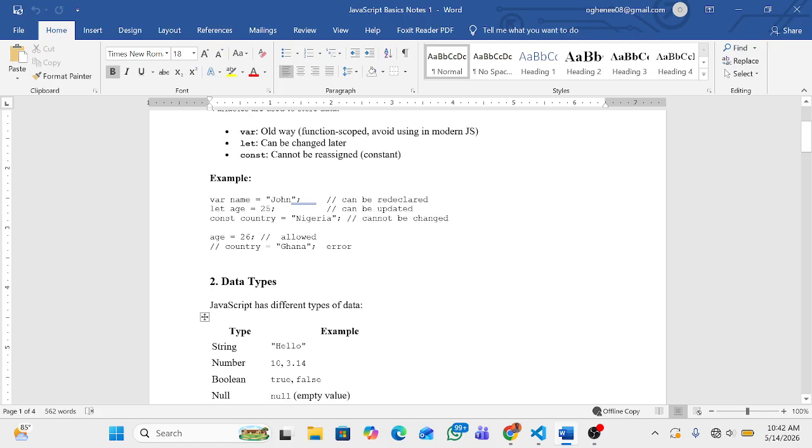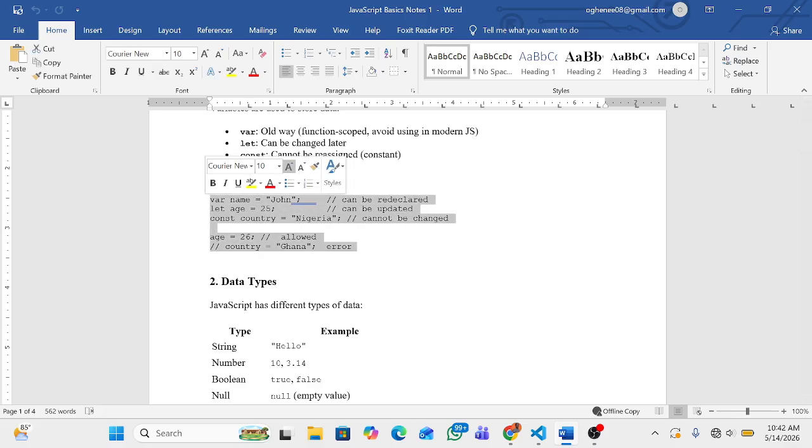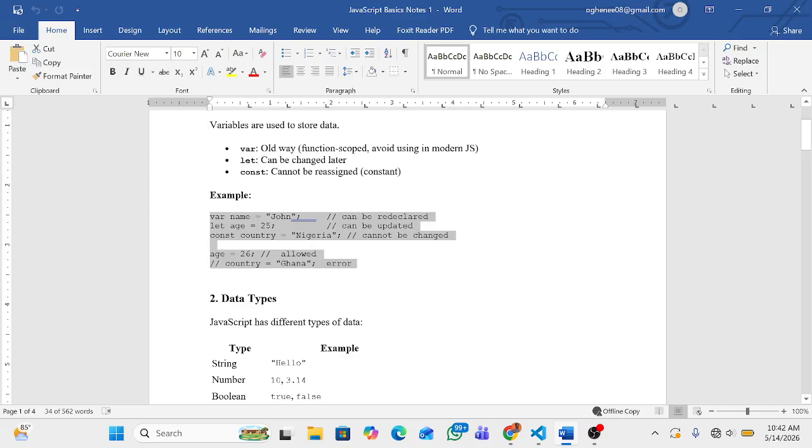The video will be short, because I'll just use this example to explain everything here. You understand? So when it comes to JavaScript, one of the basic things you have to know is variables, and a variable is a way of